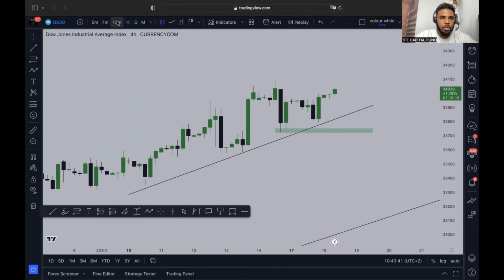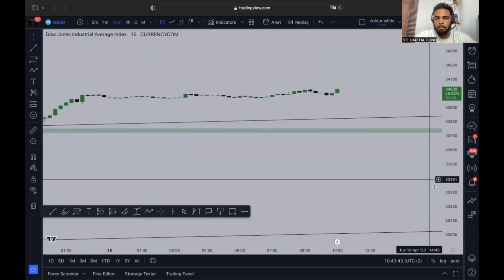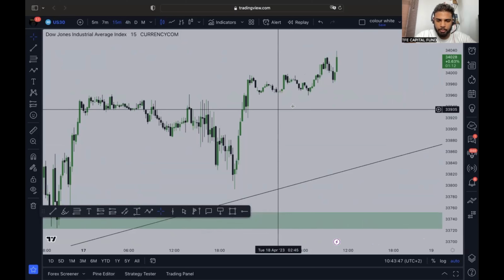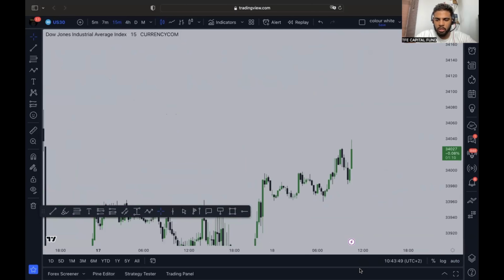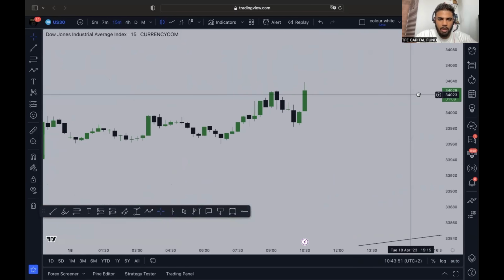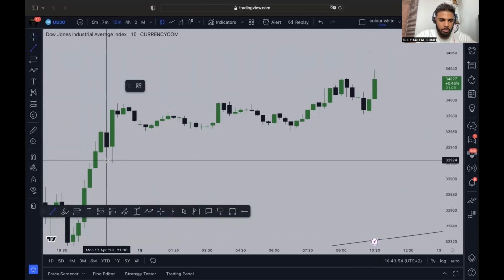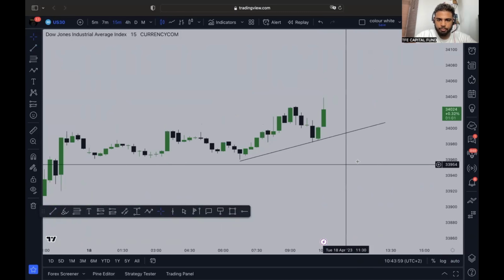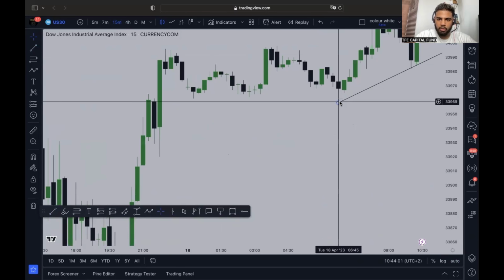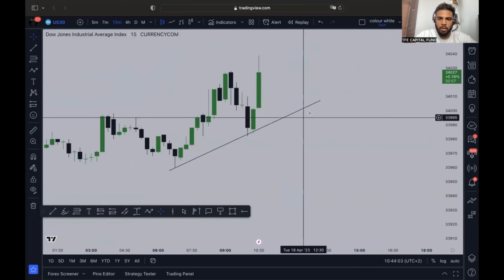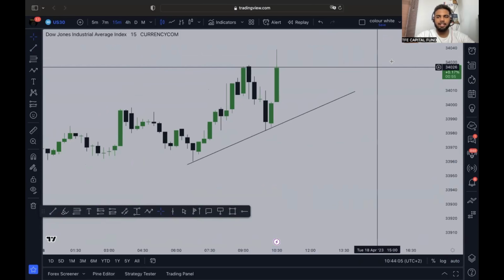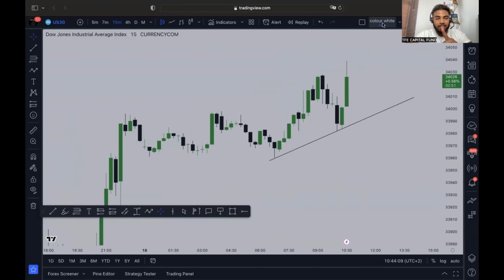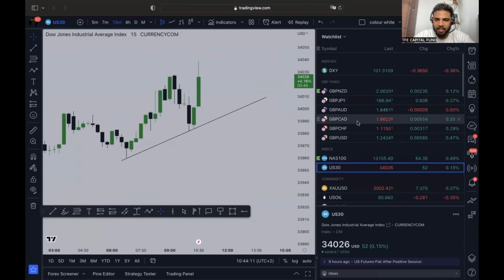Let's go down. So the trend for US 30 for the day is bullish. We all know that. For everyone who doesn't know, you can look at the date. They have a bullish trend. So you zoom in for the day, and your trend should be bullish right here. So 17, 18, there we go. There's a trend. The trend for the day is bullish, my traders. That's it. Nothing much. We're not trading it. Let's move on.